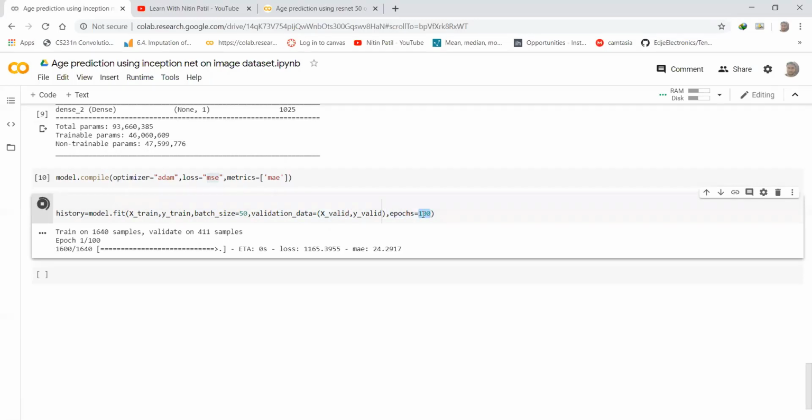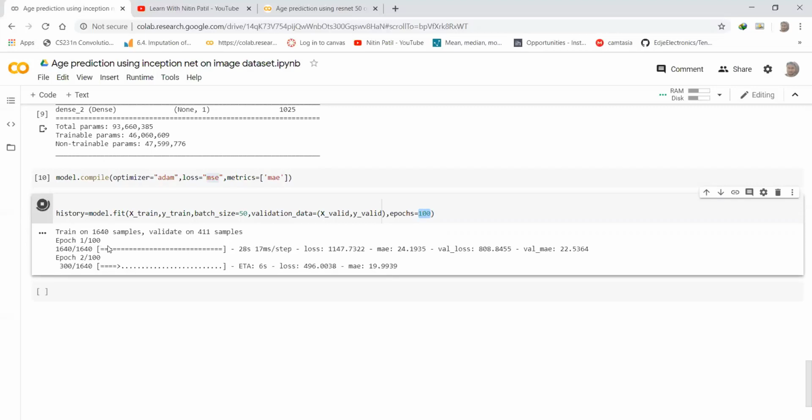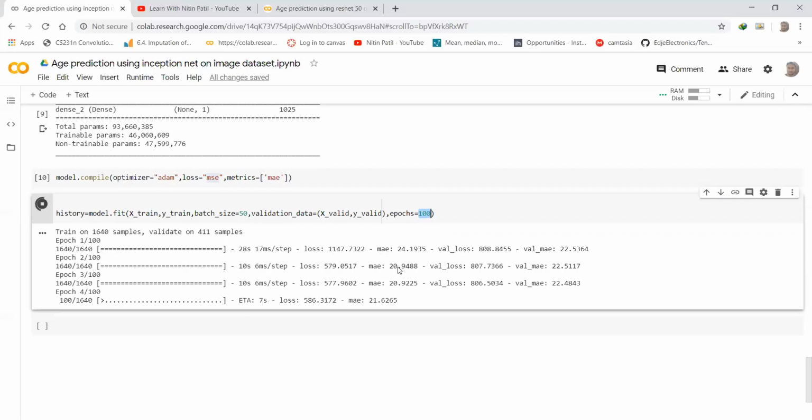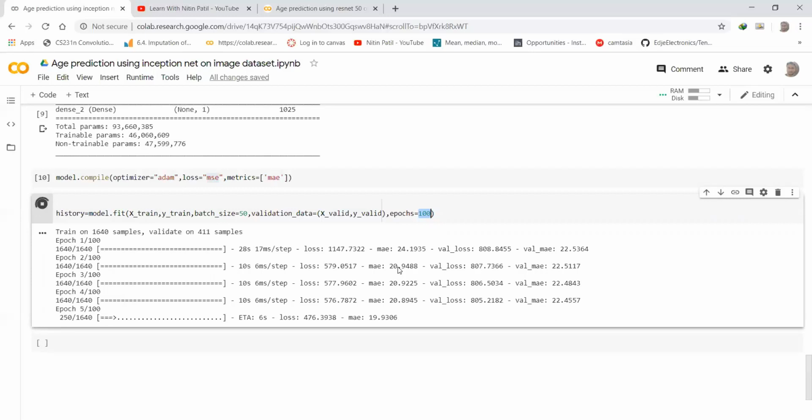Last time as well we passed 50 and executed twice. So we will compare how the results are for ResNet 50 and Inception Net. Now you can see the training has started. The mean absolute error is 25 and validation loss is around 808. Okay, so it will reduce. First there will be 24, then 20, and it will gradually reduce. We will see what our accuracy is after 100 epochs and compare. It will take more time for training because we are executing in Colab.